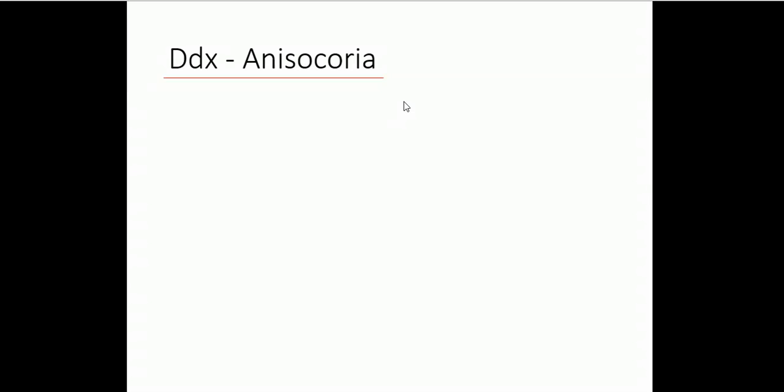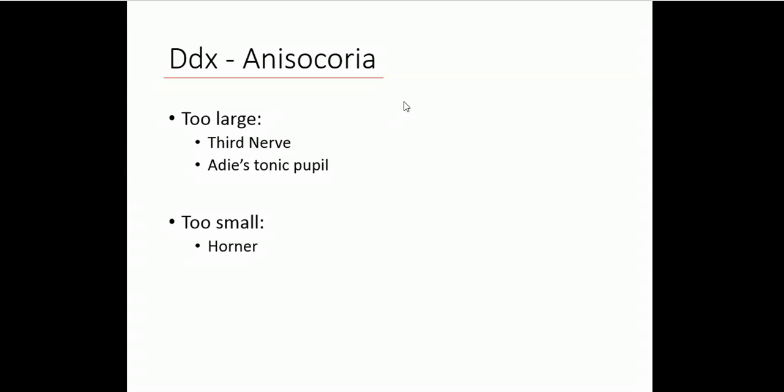So we've spoken about the differential diagnosis for anisocoria so far, and there is one other thing to add that we'll discuss shortly. We've said that if the pupil is too large, then we need to think about a third nerve palsy and Adie's tonic pupil. If the pupil is too small, we need to think about a Horner syndrome. And the final very important thing that I want to touch on is where it's just right, and the idea